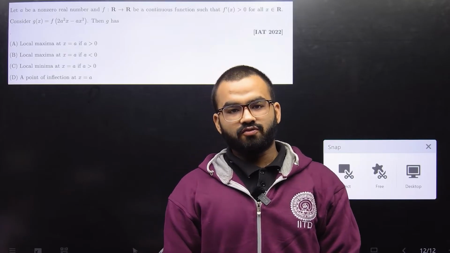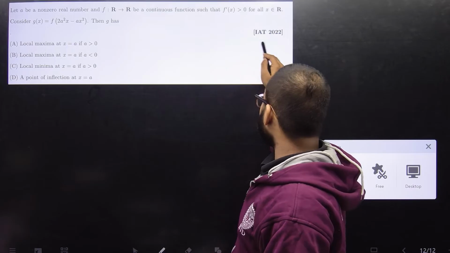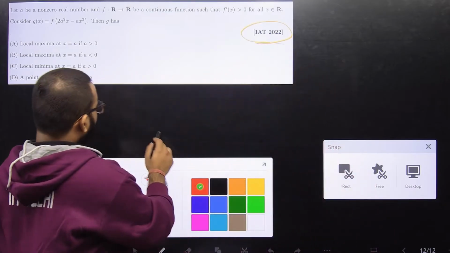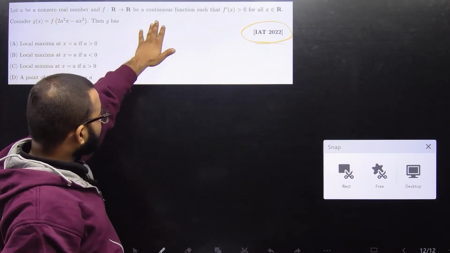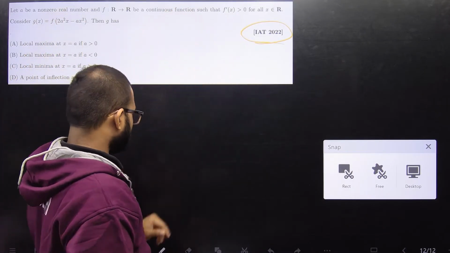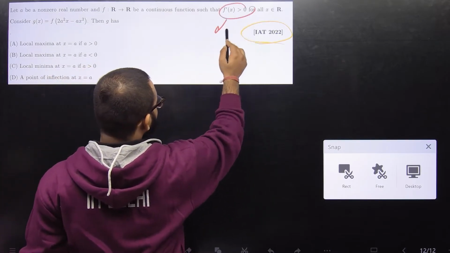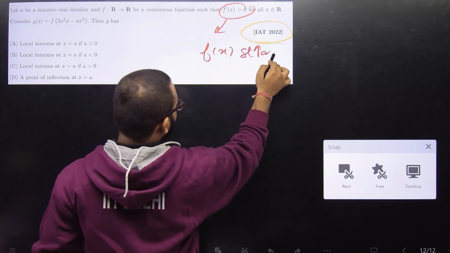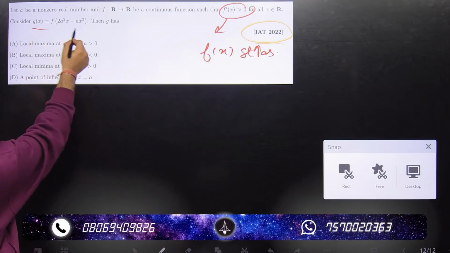In this video, we are going to discuss a question from application of derivative that came in 2022. All right. So let's discuss this problem. In this question, given that a function is continuous and such that f dash x is greater than 0, that means f(x) is strictly increasing. All right. So the first hint of this question is this, and given that our g(x) function in terms of f(x) is this,